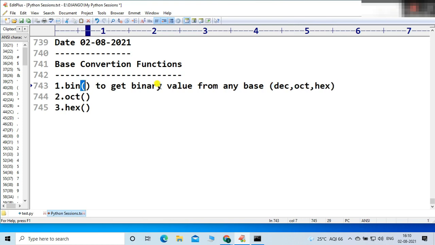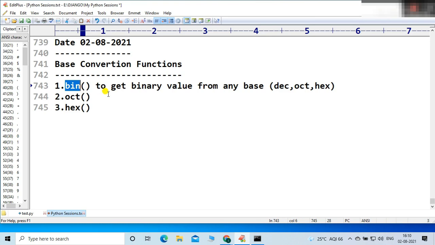Inside this bracket, you provide the decimal number, the result is binary. If you provide the octal number, the result is again binary. If you provide the hexadecimal number, then also the result is a binary number. That's why it is a base conversion technique, converting any base into the binary number system.